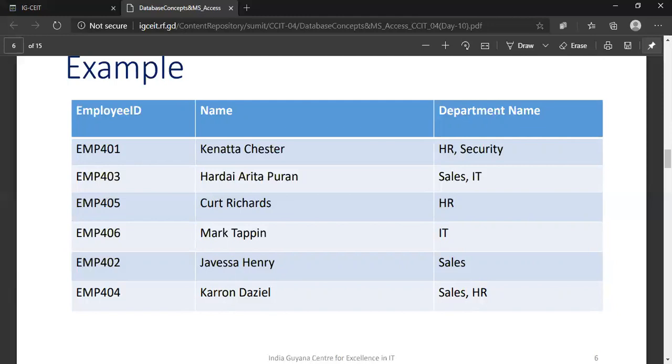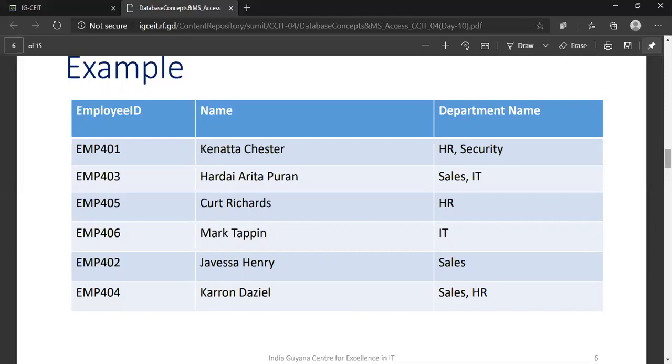Similarly, Arita Puran is working with two departments, sales and IT. And other employees in the table, like Richards, Tappan, and Henry, are working with a single department. Kurt Richards is working with HR, Mark Tappan is working with IT, right? And Karen Daziel works with two departments.